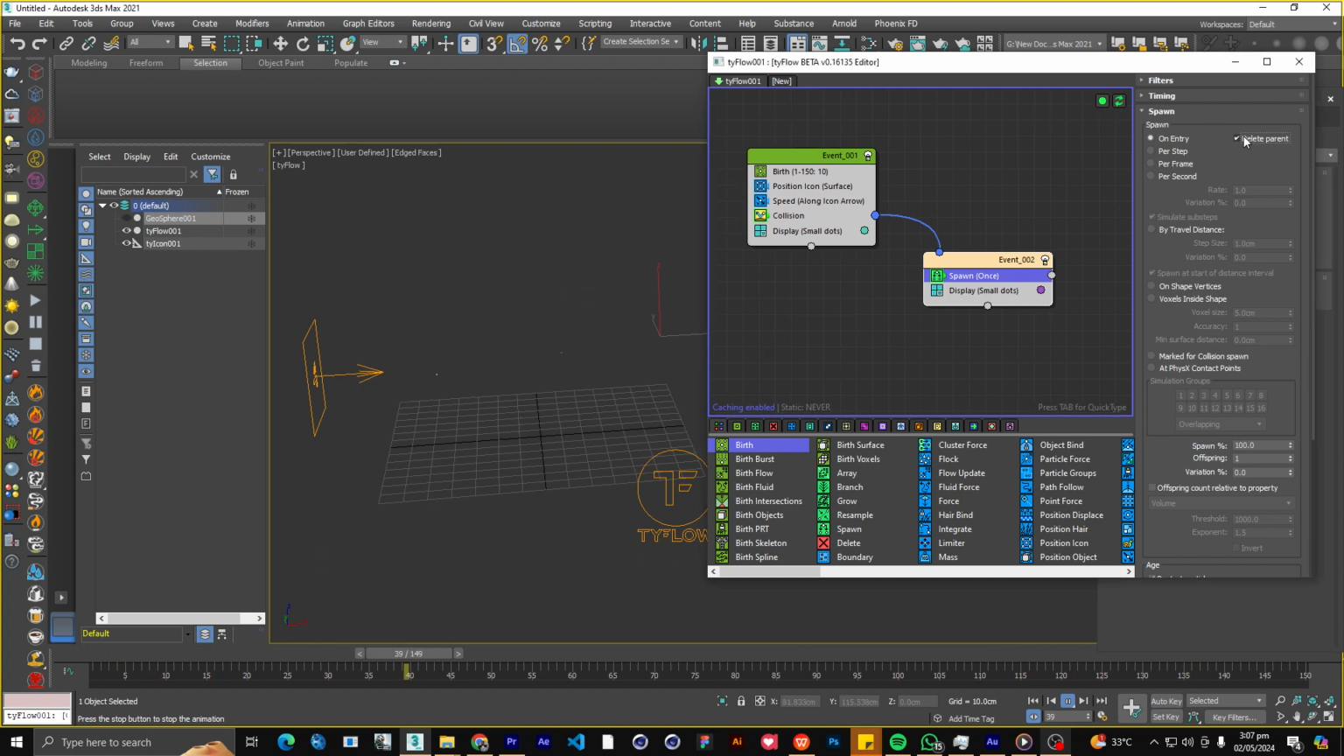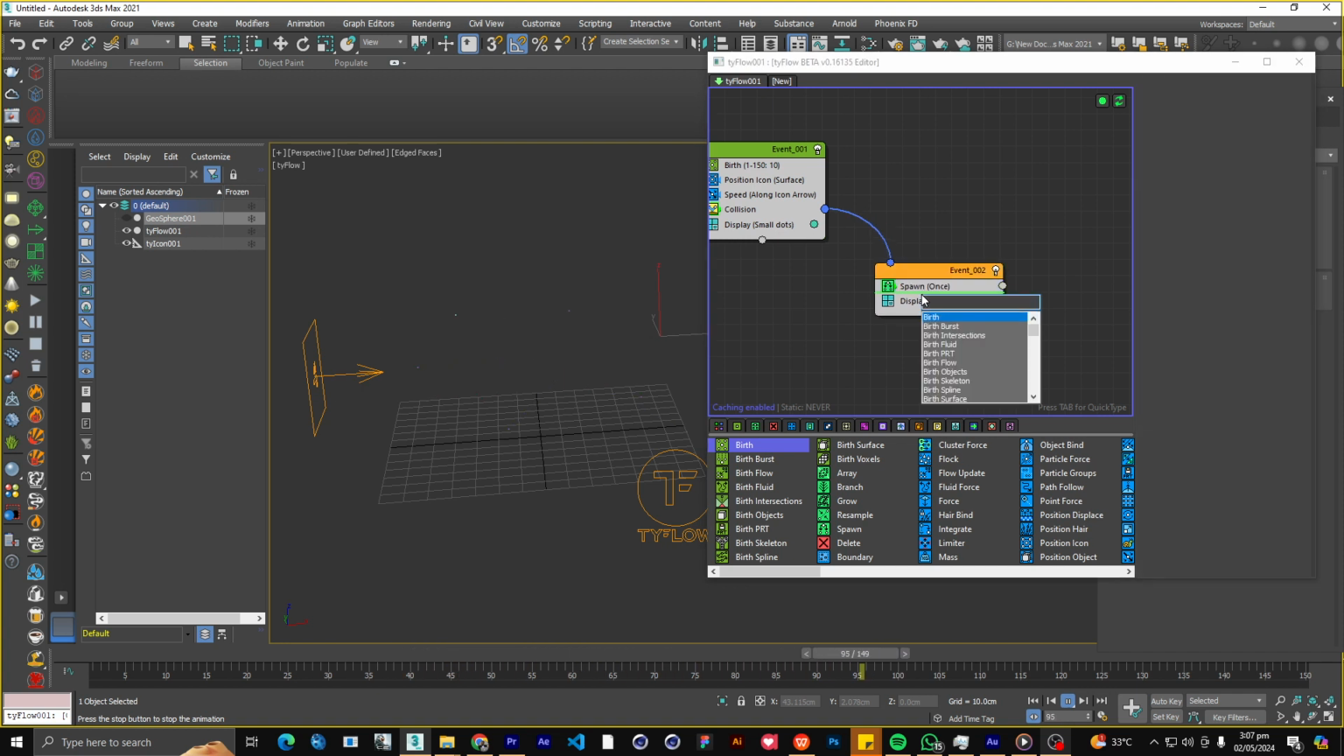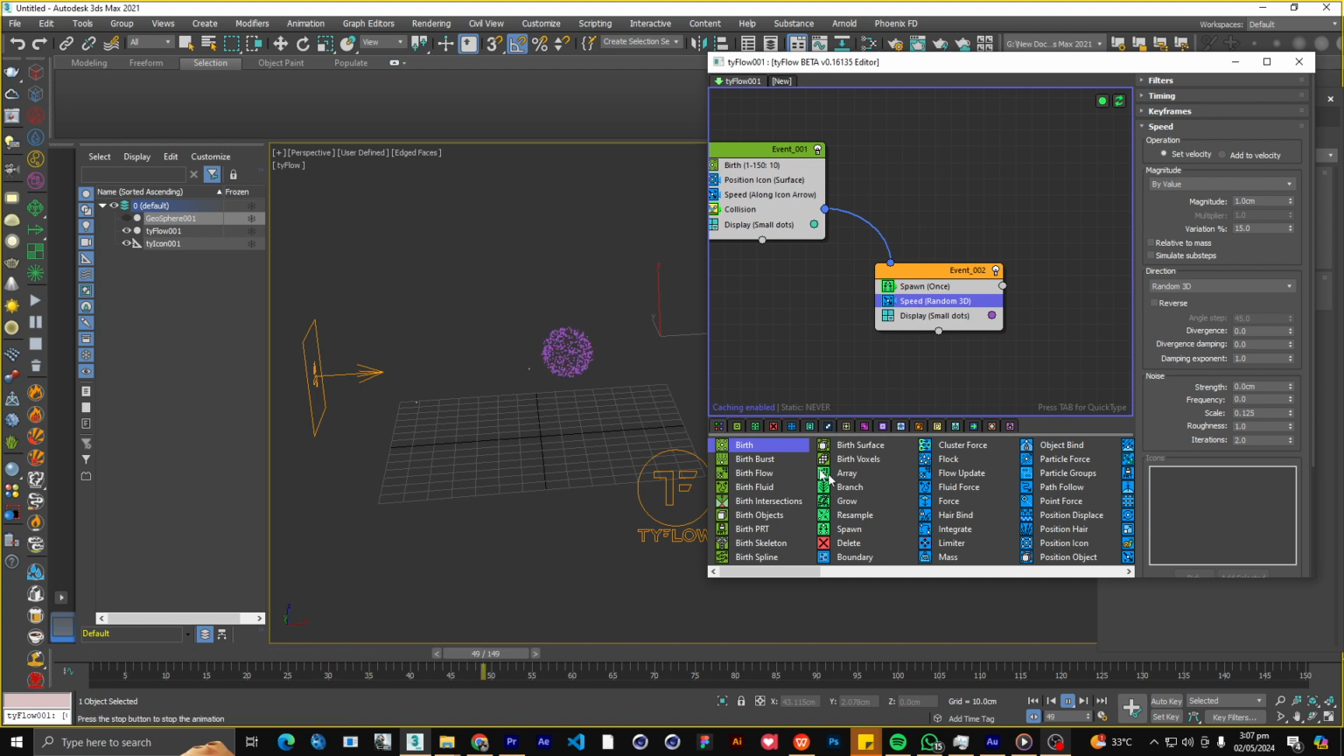And I'm going to click on delete parent. So basically that just deletes each parent and then spawns the particles. Currently we're spawning just one. I'm going to leave this at about 500 for now for a start, because I want to keep everything nice and simple. Right after that, I'm going to click on a speed operator, and for the speed, now we're seeing